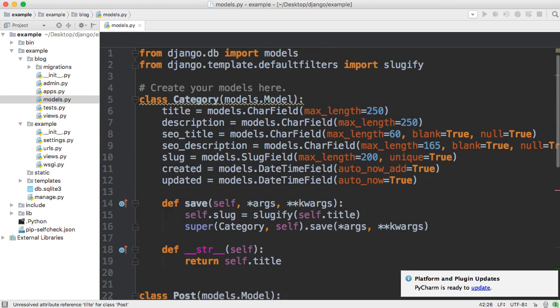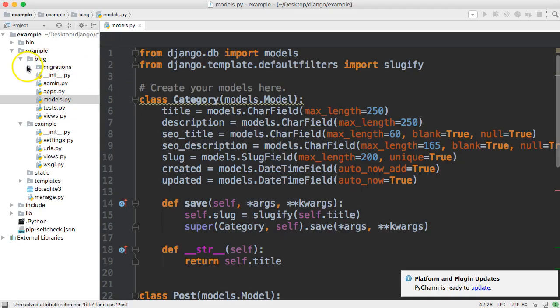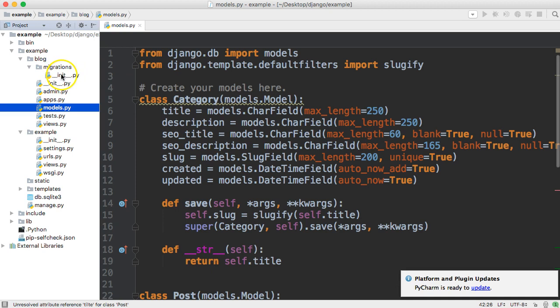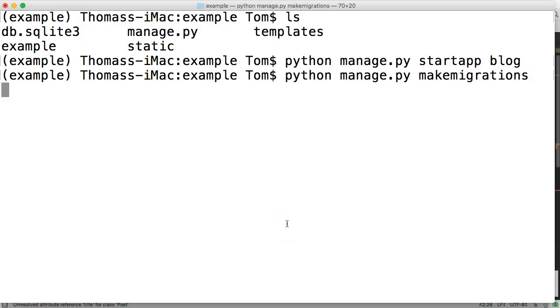All right. Now let's go ahead into our terminal here, and we're going to migrate our database. So the way we do that is we're going to call python manage.py makemigrations. All right. If you remember, in our migrations folder, the only thing in there is __init__. All right, and that just indicates that this directory contains Python files. I'm gonna hit return in the terminal,